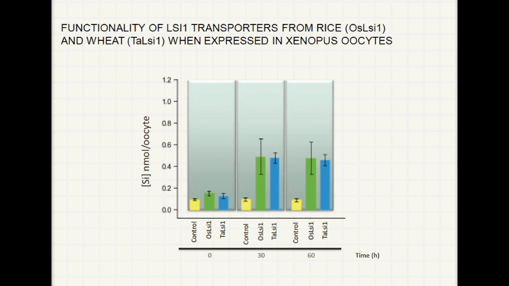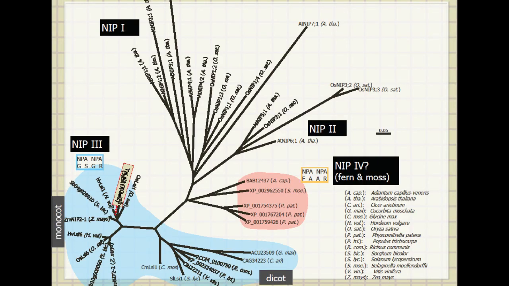So where do these wheat transporters fit in? You won't be very surprised to see that they fall within the same broad category that was already well known, and very close to barley, Hordeum vulgare, the close relative of wheat. Again, no big surprise there. It was nice to see them fit in the family, but we wanted to go a bit further, and when we thought about what we should study,